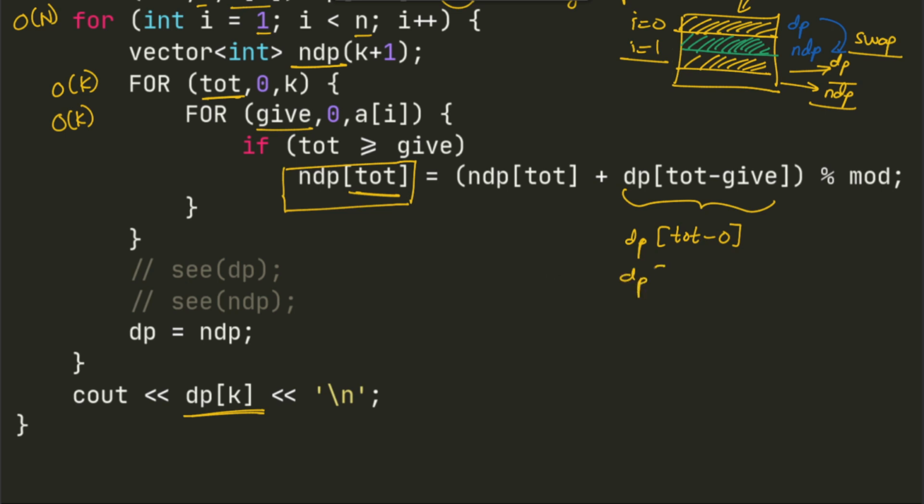When it is 1, this is the value that is added. When it is 2, this one, and so on, until the maximum value that give can take, which is e of i, right? So instead of iterating over all the possible values and going over all these ranges, we can find out